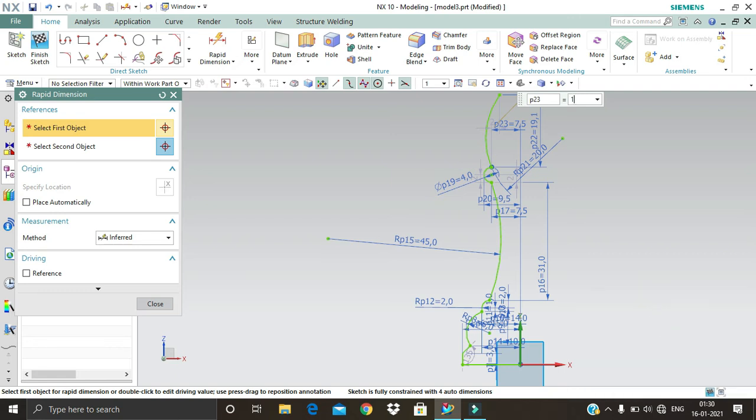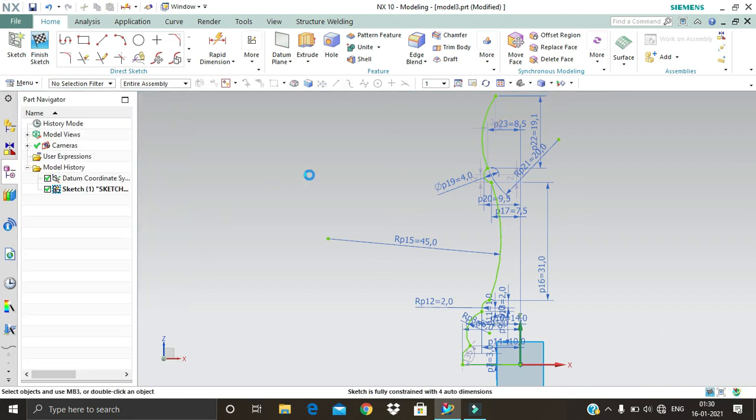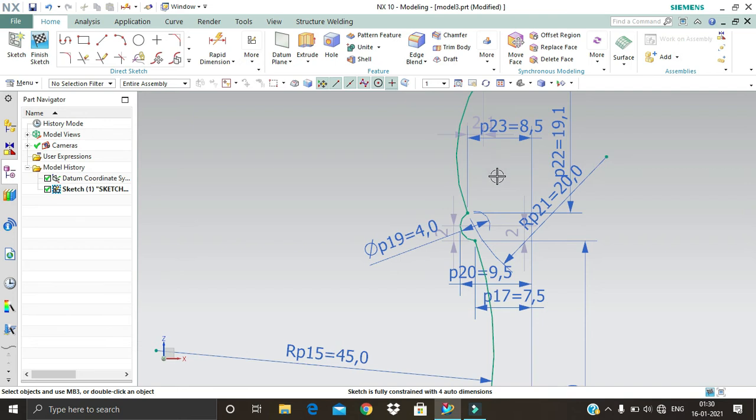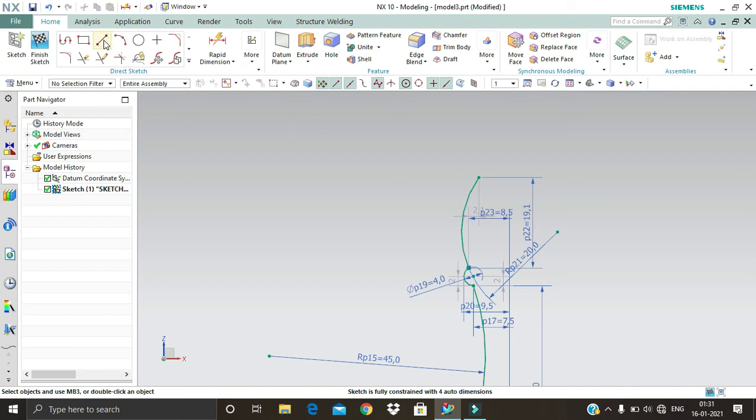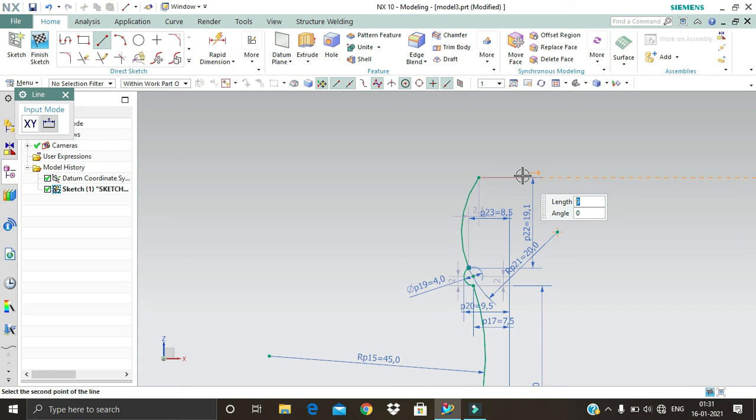Okay, it should be 17 divided by 2. Let's check out what happened. Zoom in. Okay, like this one. Now what we have to do is, from here, take the dimensioning of 4. Take the dimension of the length line, make it 2, no problem, and